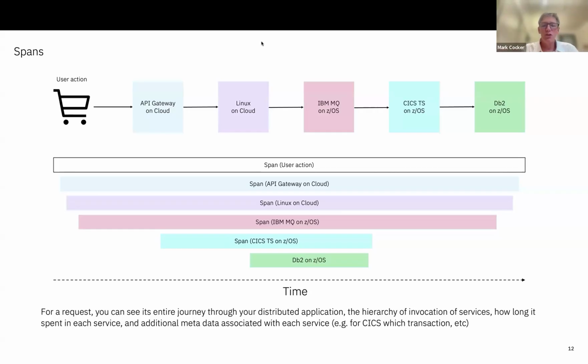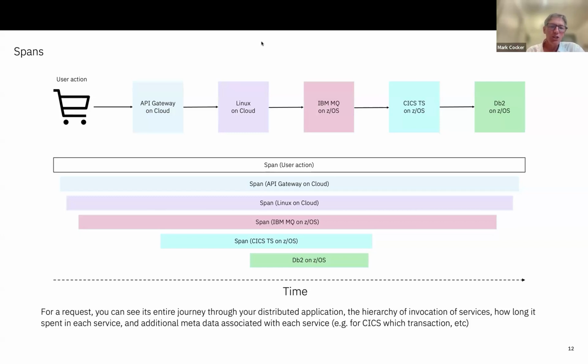The workload is happening on these different environments for certain time periods, and the graph shows when those start and stop, and which spans resulted in child spans being created in different environments. So you can see the hierarchy going down the graph, and the time span going across the graph.